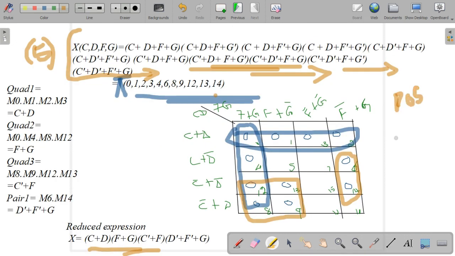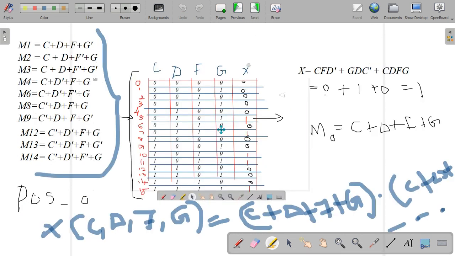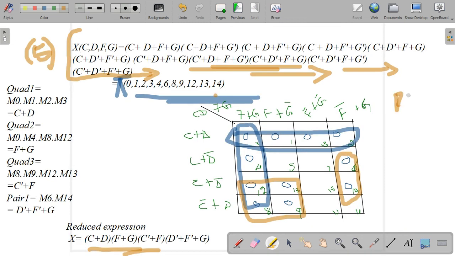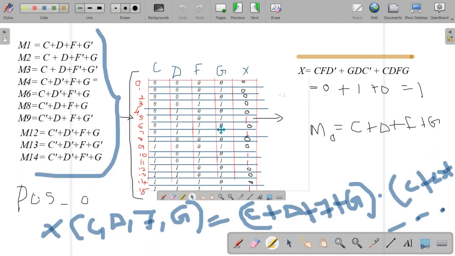In this program, we have discussed this question for POS. In the truth table, we have taken only the zero positions as the max term designation. In the same question, if we consider SOP, there is no change in the question. From the question we can derive the expression, and we have derived that expression. In the case of SOP, think of it as one question: draw the truth table for input and output and write the SOP expression. Which values do we have to take? These ones, and we have to leave the zeros.